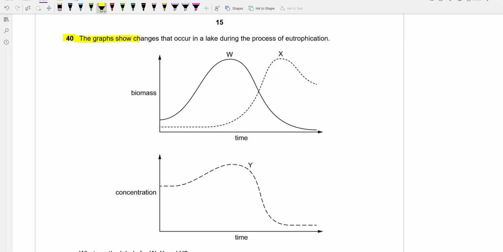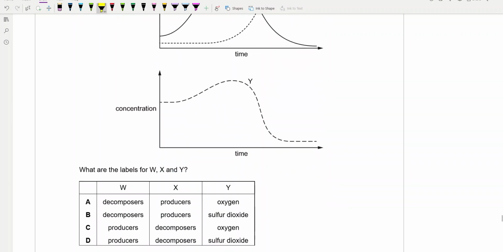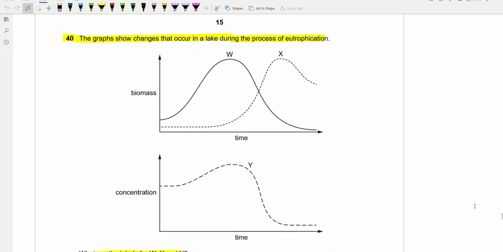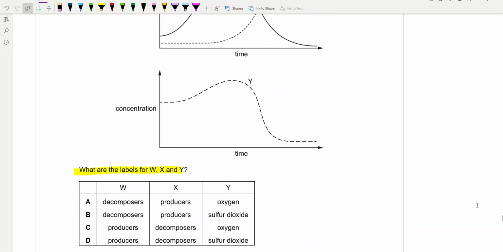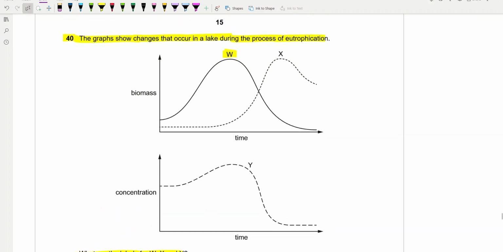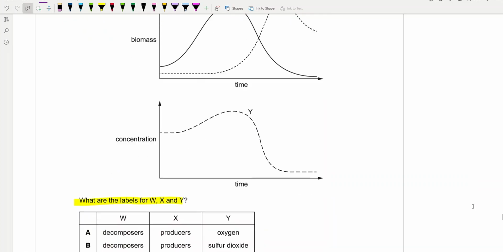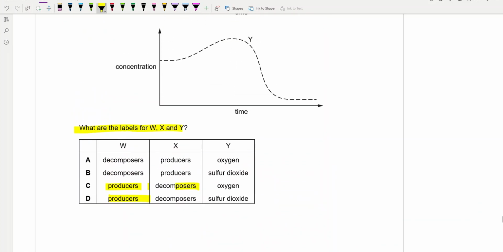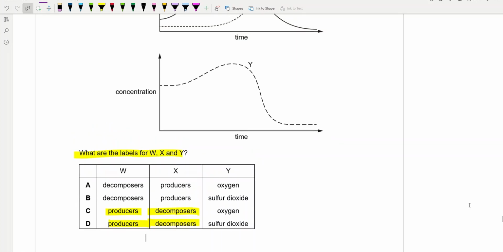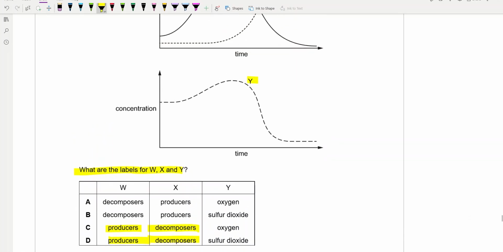Question number 40. The graph shows changes that occur in a lake during the process of eutrophication. What are the labels for W, X, and Y? So W would be labeled as producers. Option C and D, producers. X would be labeled as decomposers. Option C and D, decomposers. And Y would be labeled as oxygen. So the correct option would be